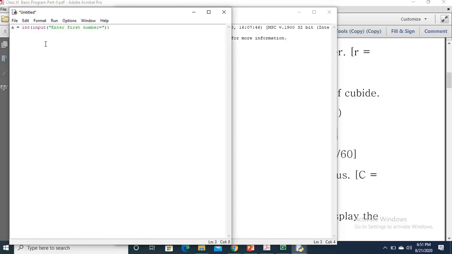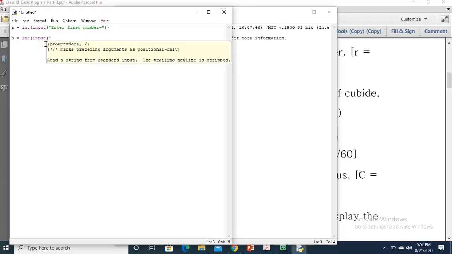Then we have to calculate the average of 5 numbers, therefore we have to take 5 input values. Then b I have taken, then int, then input, then I write enter the second number, in double quotes.